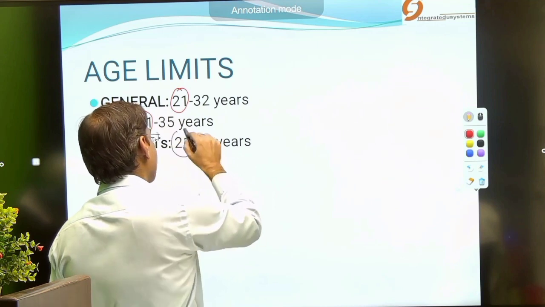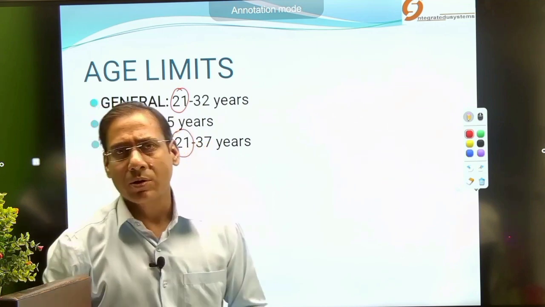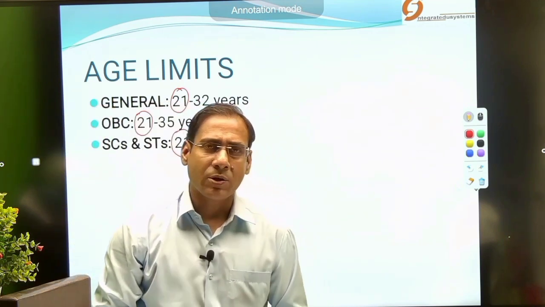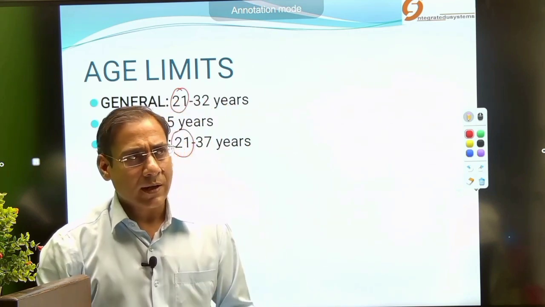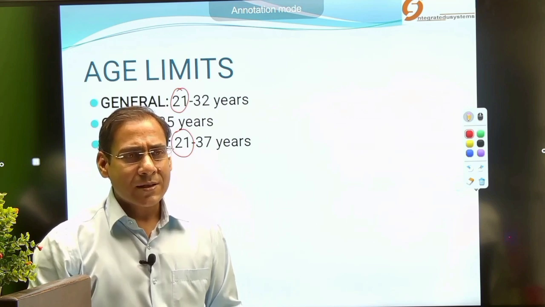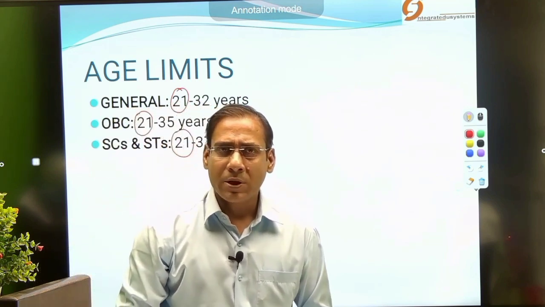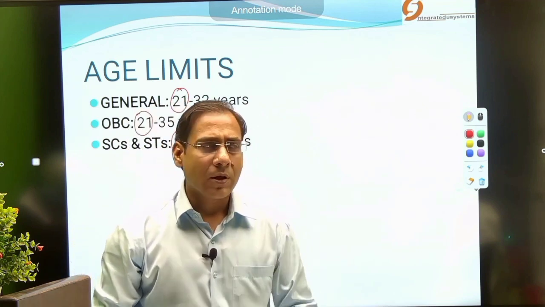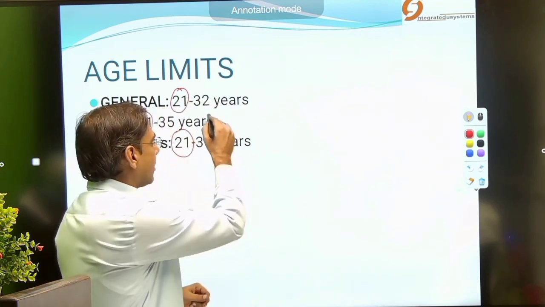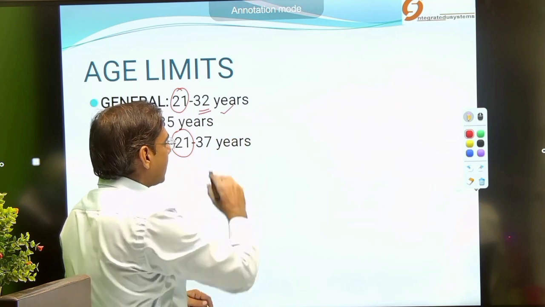those who belong to different communities, whether the general or the Other Backward Class community or SC or STs, the minimum age requirement is the same for all the candidates. While the maximum age limit decided by the governments depends on the vulnerability of the groups, and the reservation criteria are there, so there is a